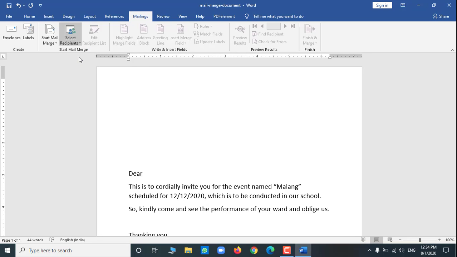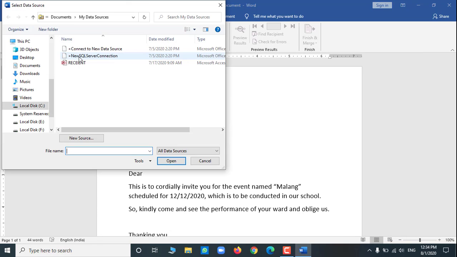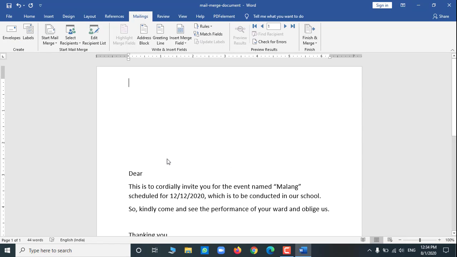Here it comes. You have to select the source file. As we select the recipient list from the list of recipient lists, after selecting that, we will have Edit Recipient List active. We have to just see that everything we will be inserting in the mail merge document is correct.